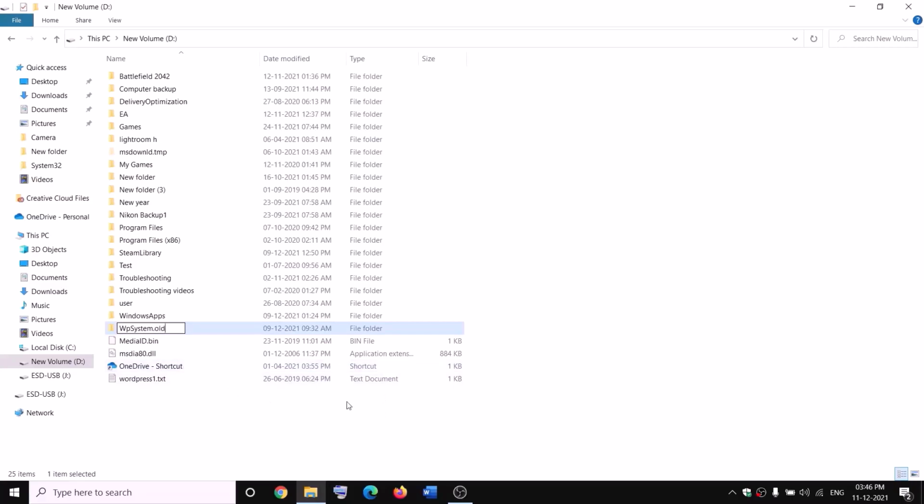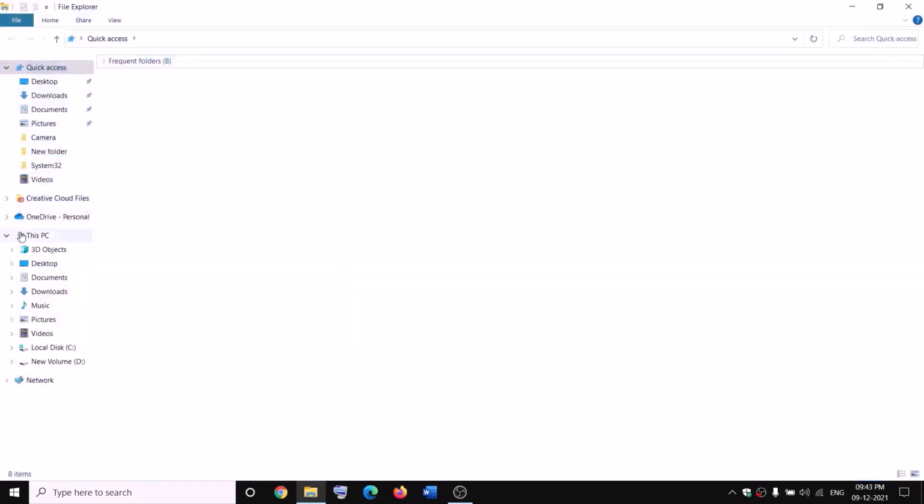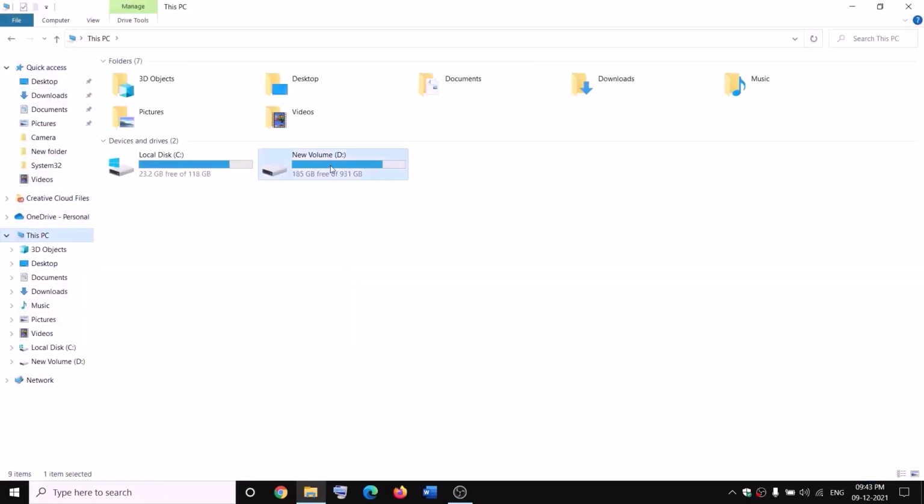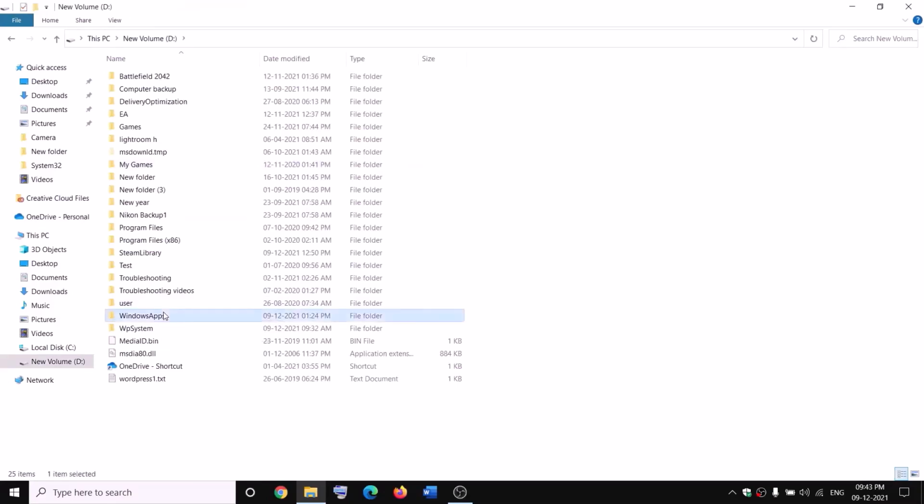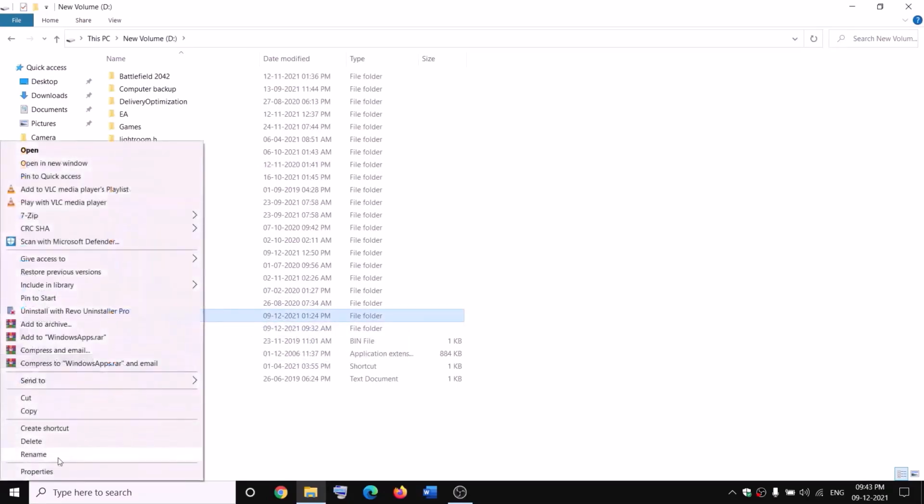Now, if you still face the problem, in that case, you can go ahead and restart your computer and then try to rename it once again. Open File Explorer and then go to This PC, open D drive, then right-click on WindowsApps and then rename it. Now before renaming, you have to take the ownership. Make a right click, then click on